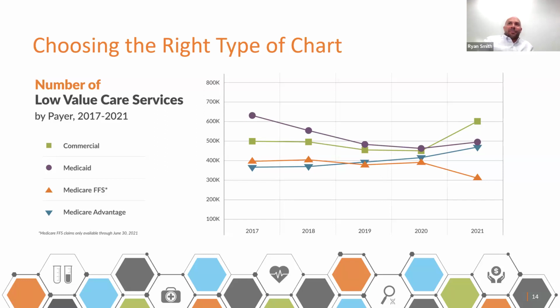So I just want to talk briefly, just going beyond the chart type, some of the things that we're doing in this example to really kind of go the extra mile to ensure inclusivity and accessibility for the user. And you'll notice we're using color in the key for the payers. But in addition to the colors, we're also using symbols to help differentiate the payers. And not only does this help the average user in